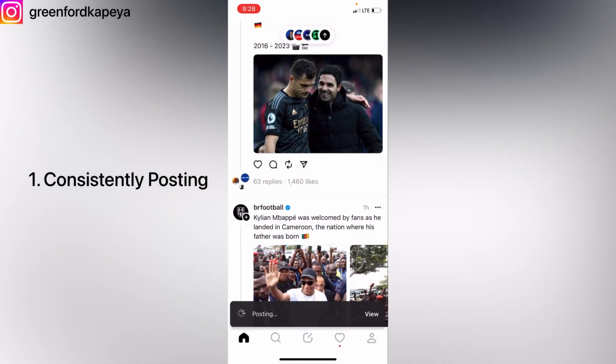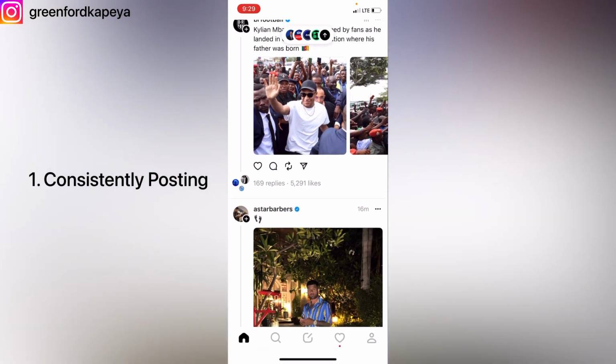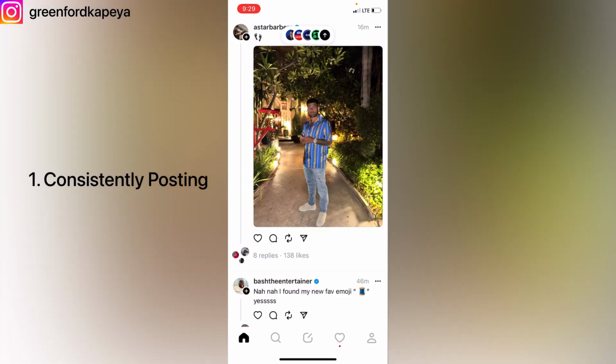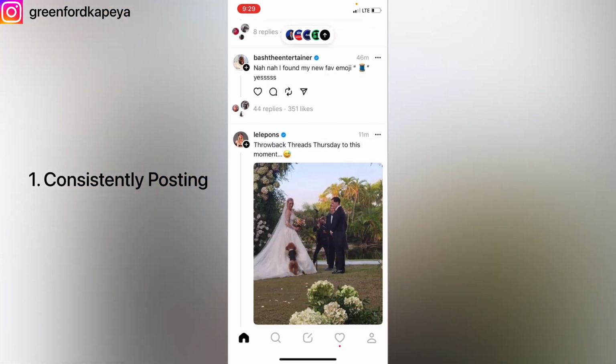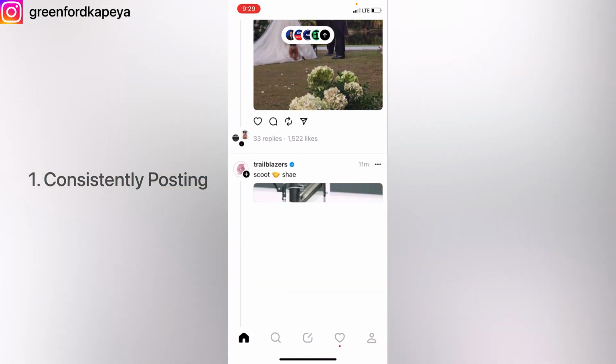So you have to be consistent with the posts that you share on your platform, so that the algorithm can pick up on the particular content that you are consistently sharing, so that more traction can be attracted to your Threads account. That's the first way in which you can gain a lot of numbers on Threads, since we are one of the first to join Threads.